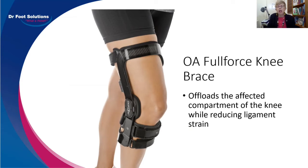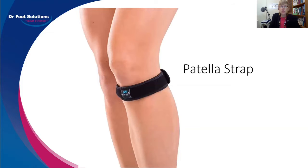So you've got to recognise that not all braces are equal. There are many, many good braces out there. Some of them for unilateral compartment osteoarthritis, and some in particular for unstable meniscus and ACL and so on injuries. So just mentioning that. Also, there's a plethora of